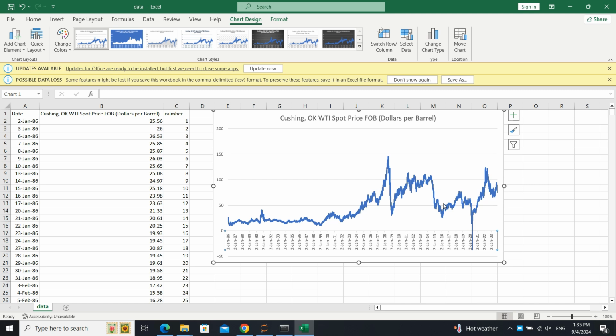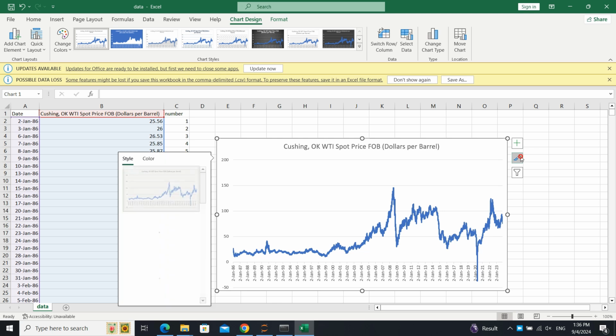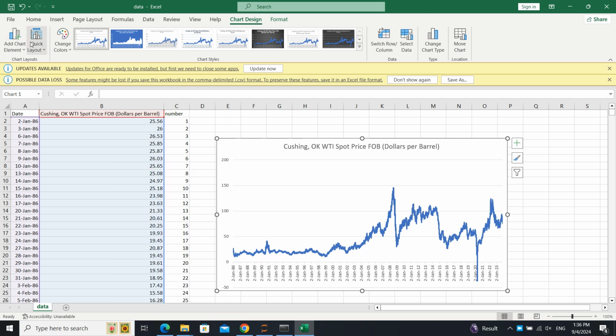Okay, what we want to do is put a regression line on this. You may ask, what is a regression line? When we put a regression line, what it does is predict the price in the future. How? Let's see. If I don't forget, Excel has the